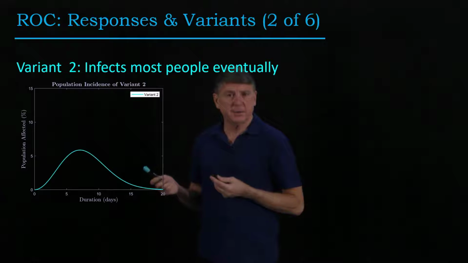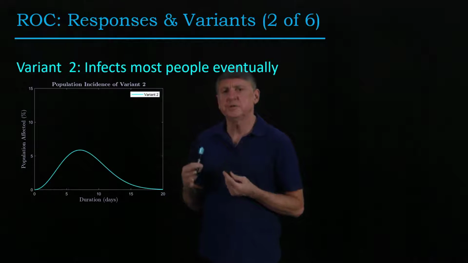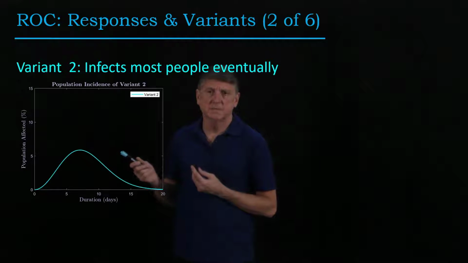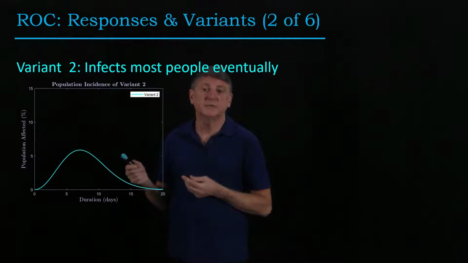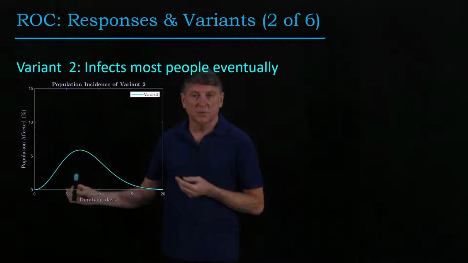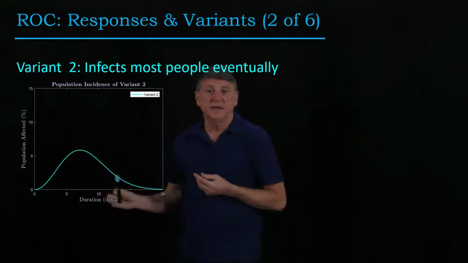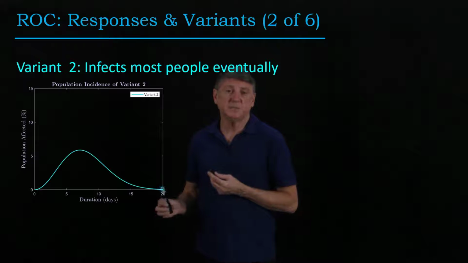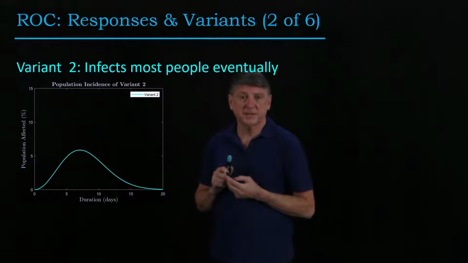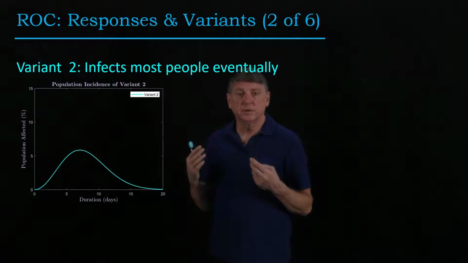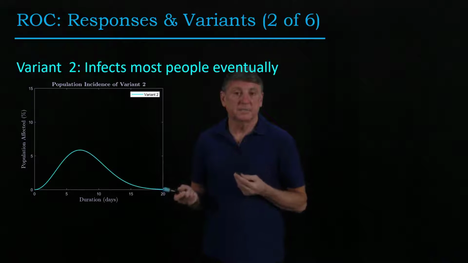Now suppose that variant 2, which has a different genetic makeup from the same virus, infects most people, but it does so slowly and eventually. So it takes 7 or 8 days for this to have reached its peak infection rate. And then it's only after 20 days past the suspected time of infection that we can determine that this